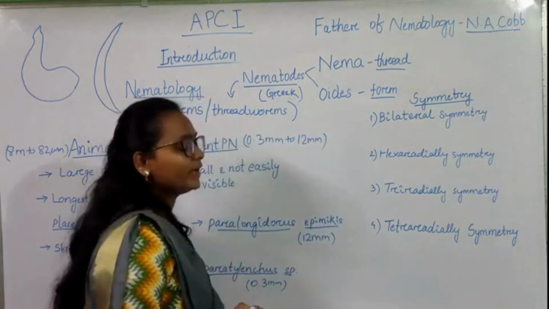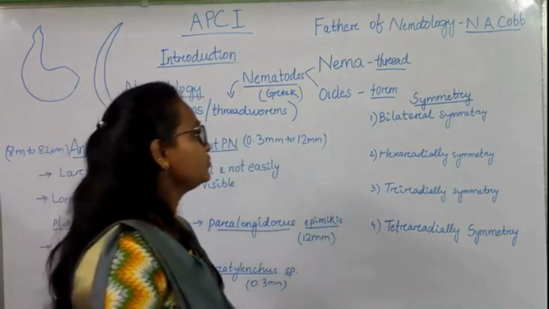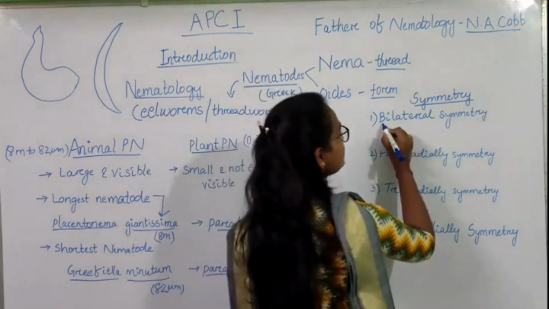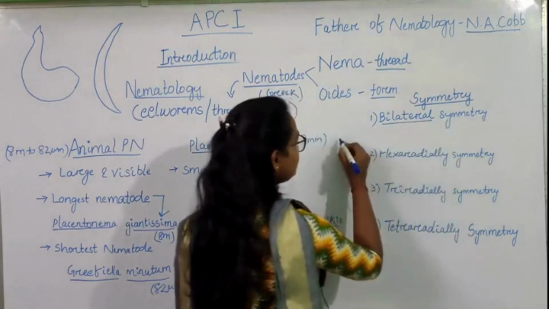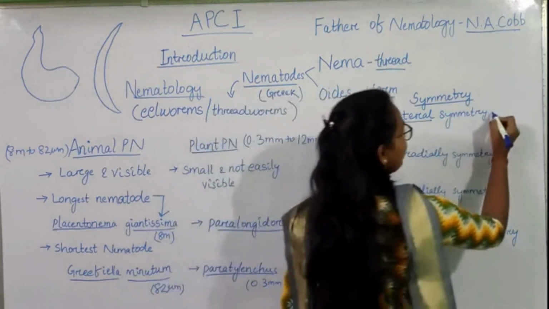We can see varieties of symmetry in the nematodes. Here the first one is bilateral symmetry. If the nematode is divided in the sagittal plane,